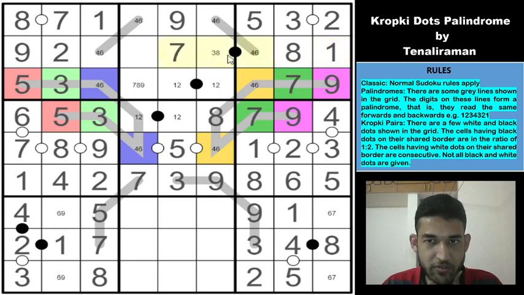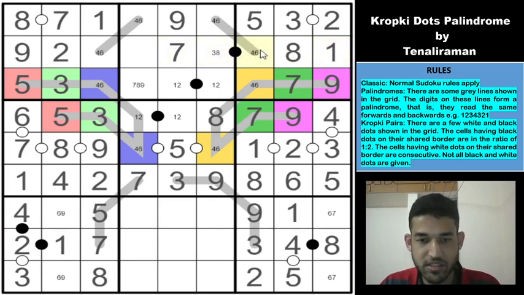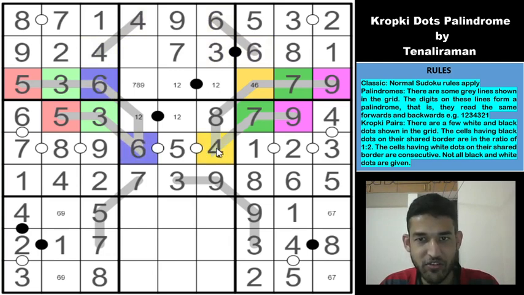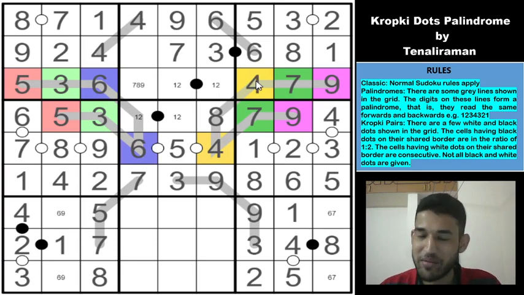So this cannot be 4, 8 anymore. So this would have to be 3 and 6. So this is a 6 and this is a 3. Which means this is a 6, this is a 4, this is a 4, this is a 6 and that gives a 6 here because both of these cells are equal, which gives a 4 here and a 4 here. Superb, guys. Superb Sudoku, really superb.